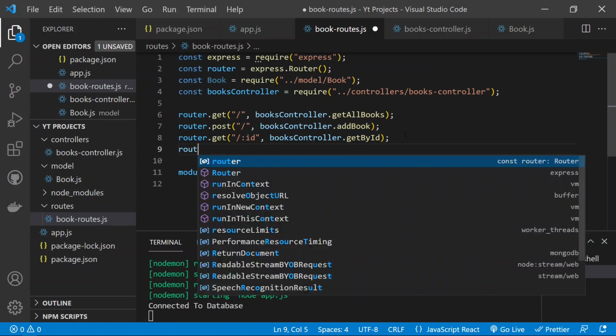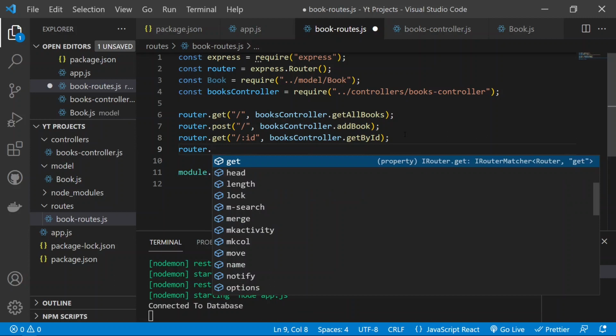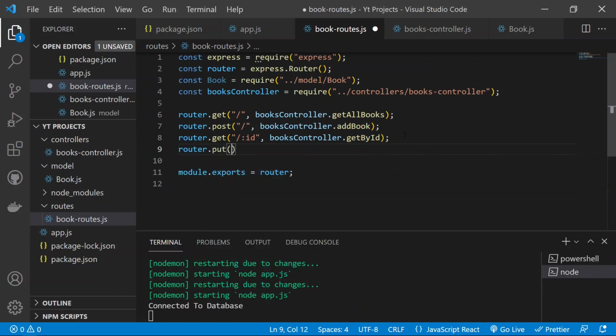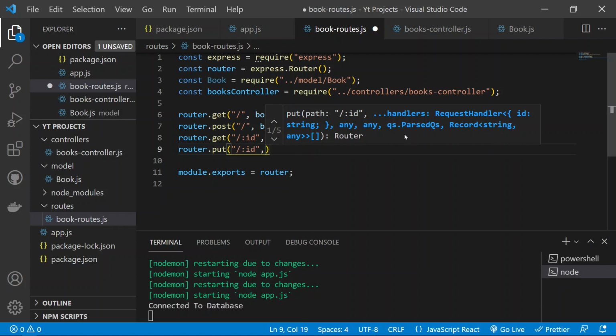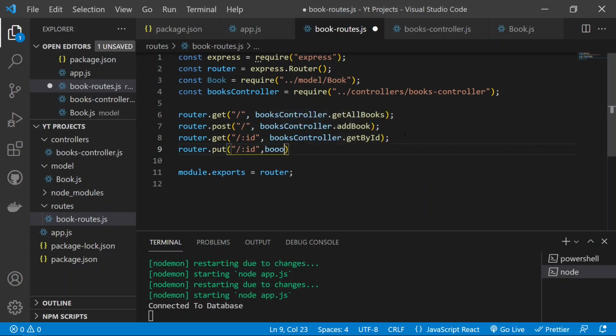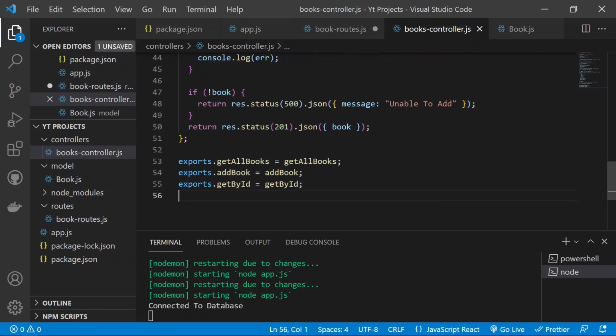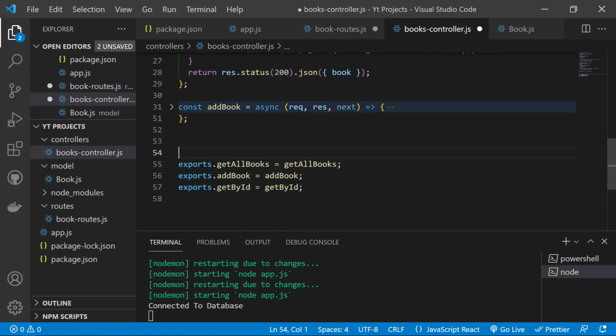So it will be router.put, and the put request will be there, and again we will need the ID. So it will be slash with the ID parameter, as the ID field in the URL in the route, and then it will be the books controller as of now. Then we need to go to the books controller, and if I now remove this add book as of now,